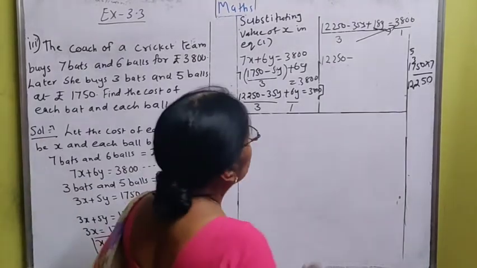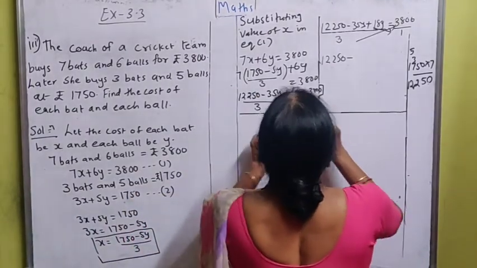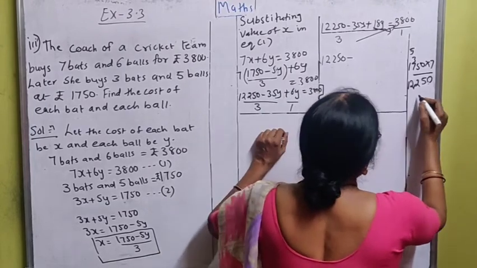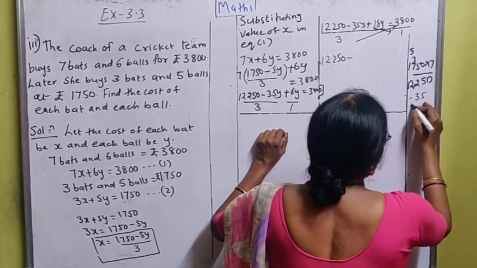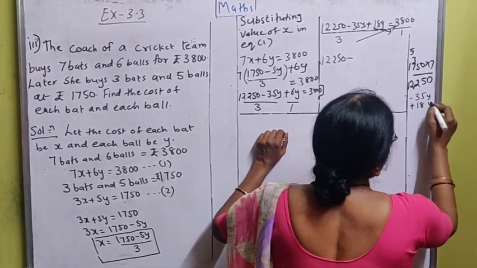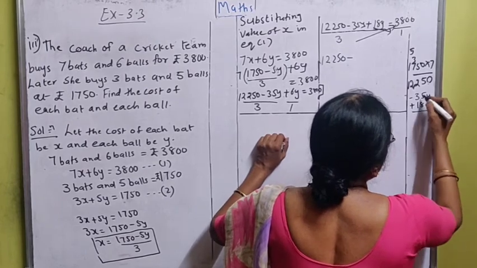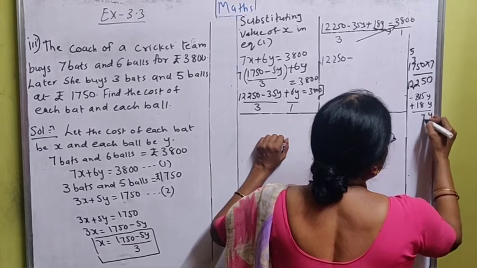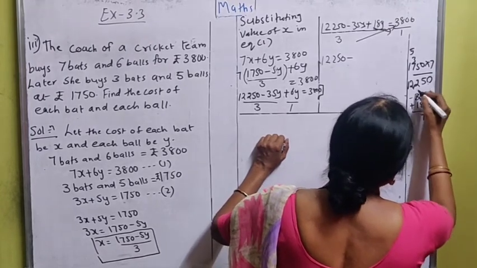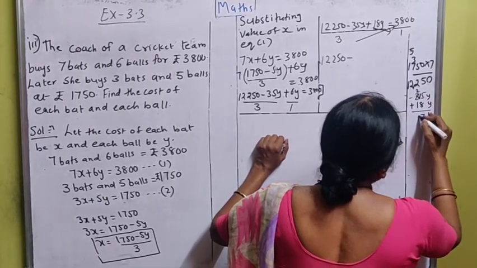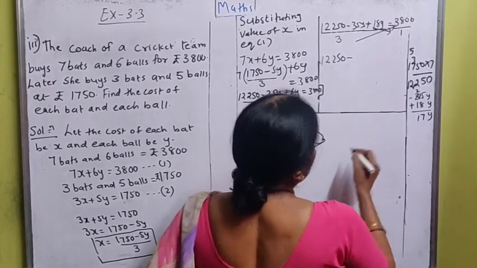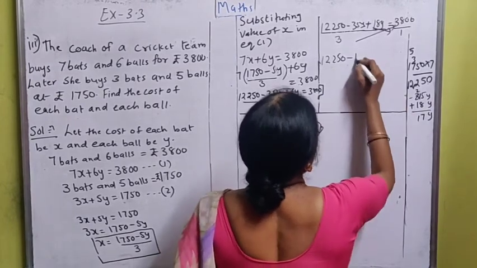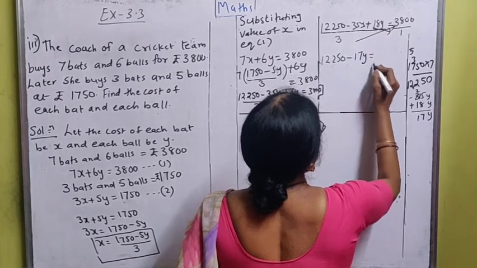So what you have to do is subtract it. 35 minus 18, this is y, and y will remain the same. So 15 minus 8 is 7, here it became 2, 2 minus 1 is 1. So what you got is, the greater number is minus, so minus 17y is equal to